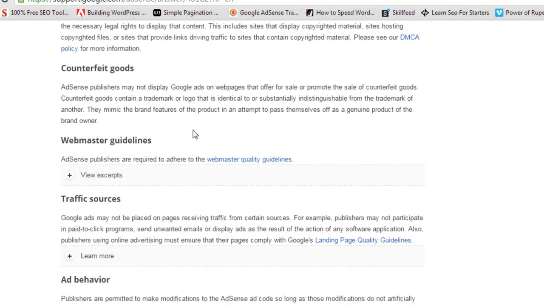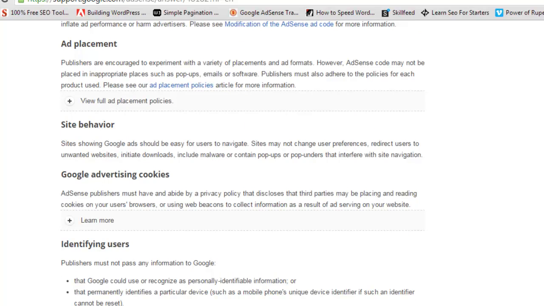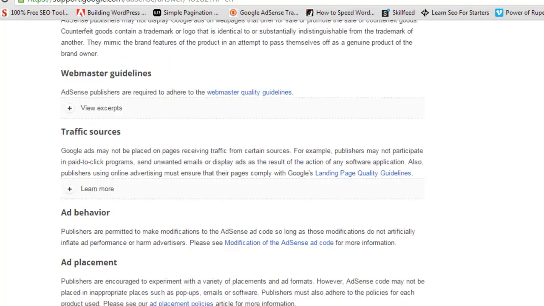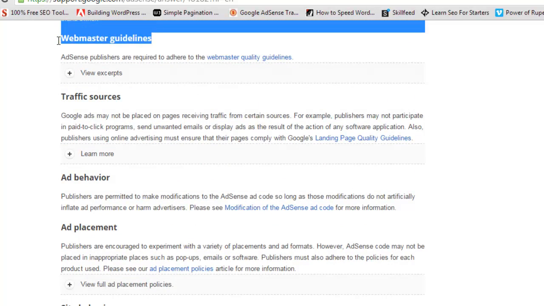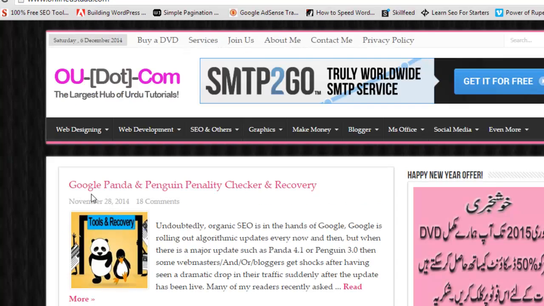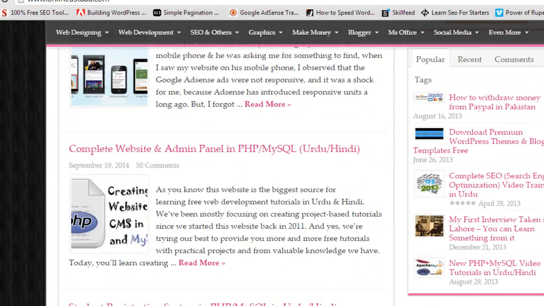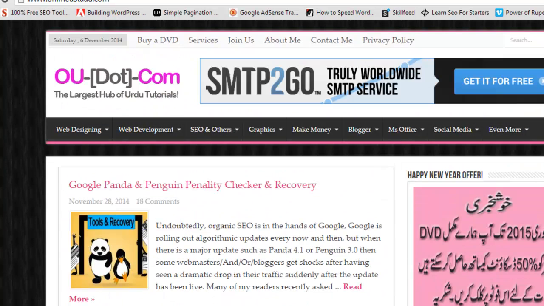And then webmaster guidelines and the traffic sources. Webmaster guidelines are actually related to Google Webmaster Tools. It is saying about your website design, which must be clear and transparent, which may not cheat visitors, because like my site you can see clearly everything.